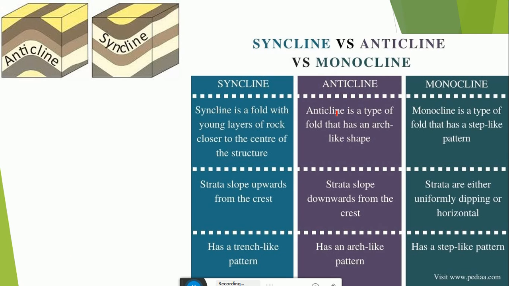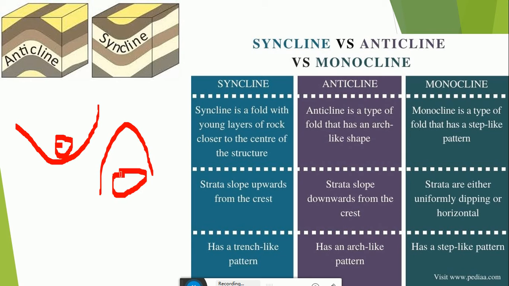सिंक्लाइन और एंटीक्लाइन क्या होता है? सिंक्लाइन इज अ फोल्ड विद द यंगर लेयर्स ऑफ द रॉक क्लोजर टू द सेंटर ऑफ द स्ट्रक्चर। ये सिंक्लाइन या बेसिन स्ट्रक्चर होता है, यहाँ पे यंगर रॉक होती है। एंटीक्लाइन इज अ टाइप ऑफ द फोल्ड दैट हैज एन आर्क लाइक शेप। एंटीक्लाइन इस तरीके से होता है, यहाँ पे ओल्डर रॉक होती है, सिंक्लाइन में इसमें उल्टा हो जाएगा।